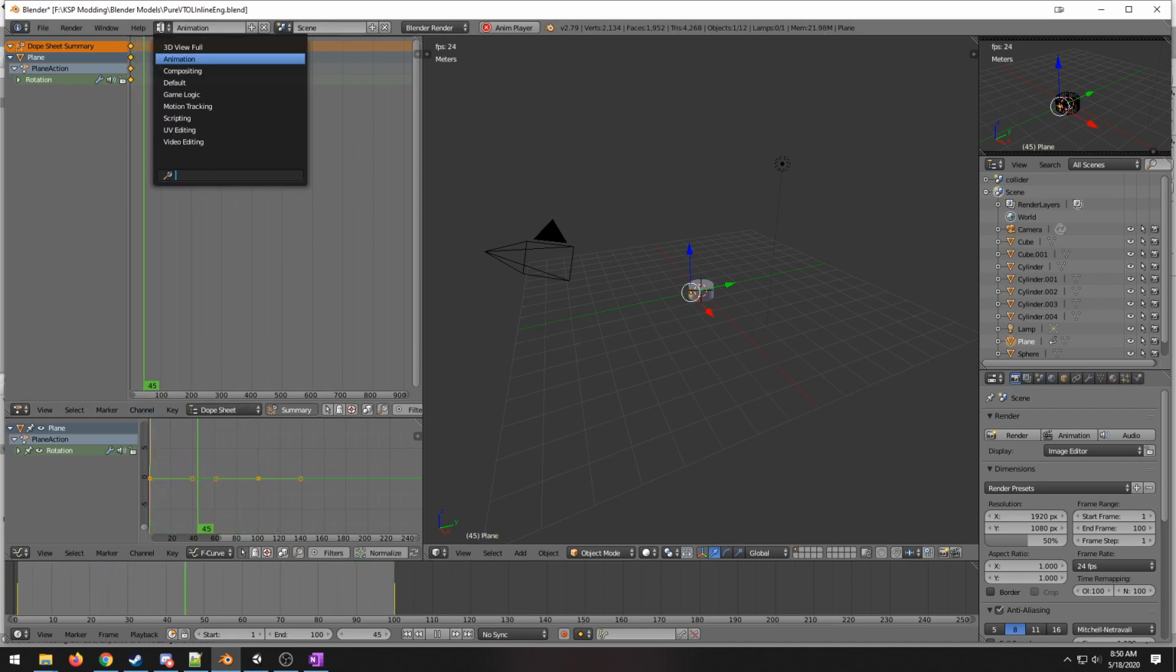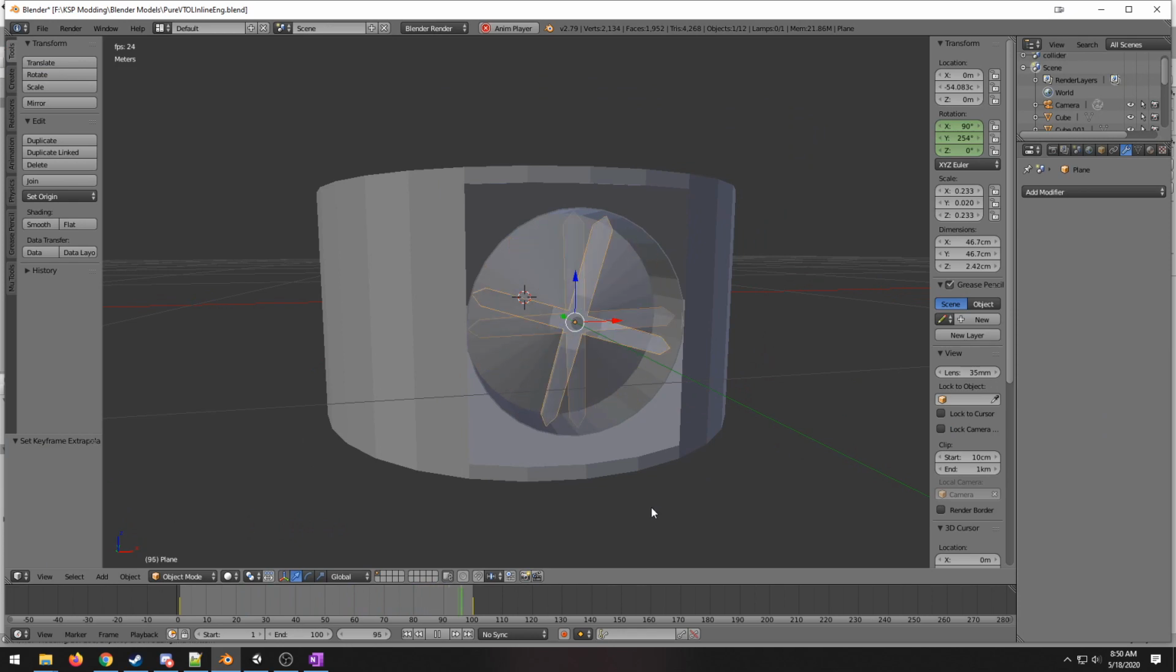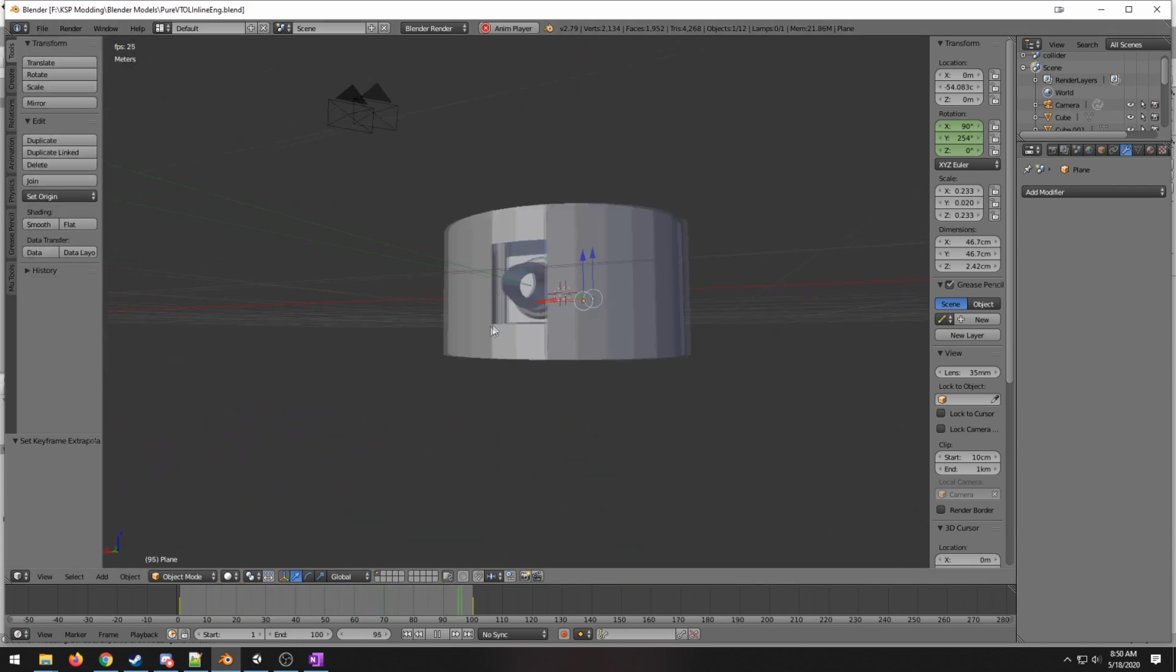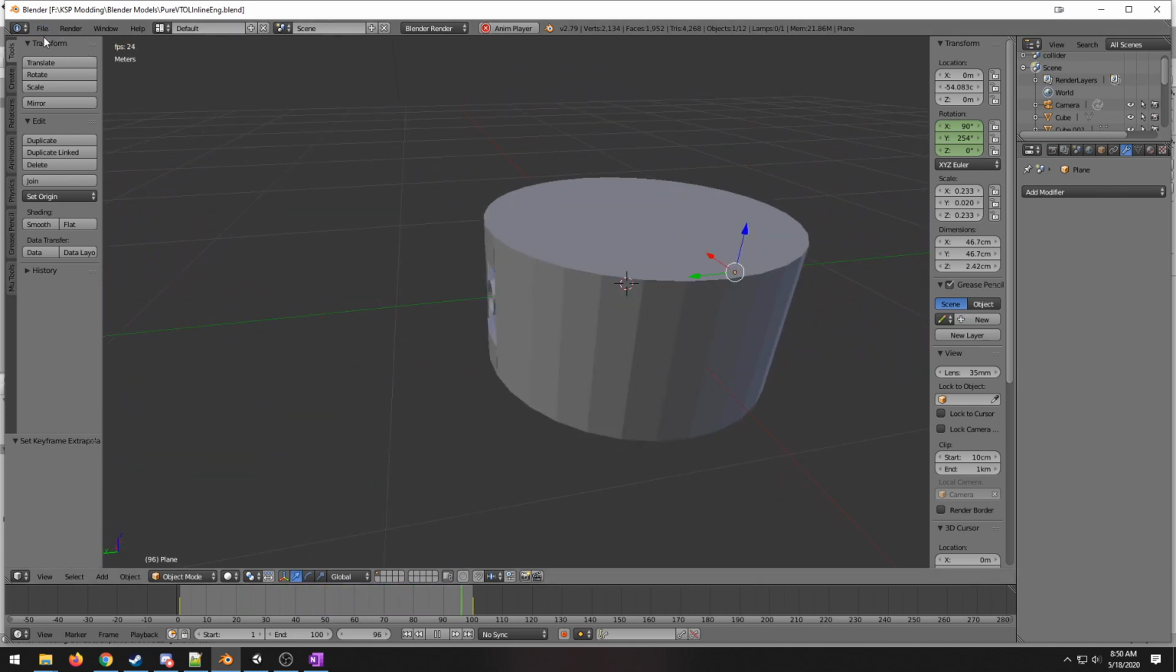And now you can go back to your default and you'll see it should now have a nice smooth animation. So from here we are ready to go over to Unity. So let's go ahead and click on File,